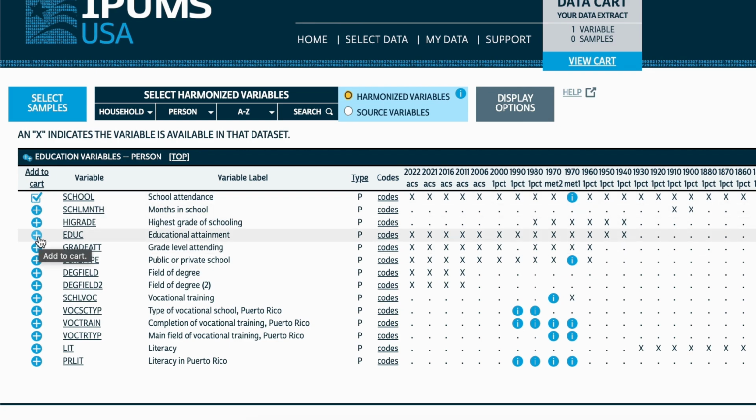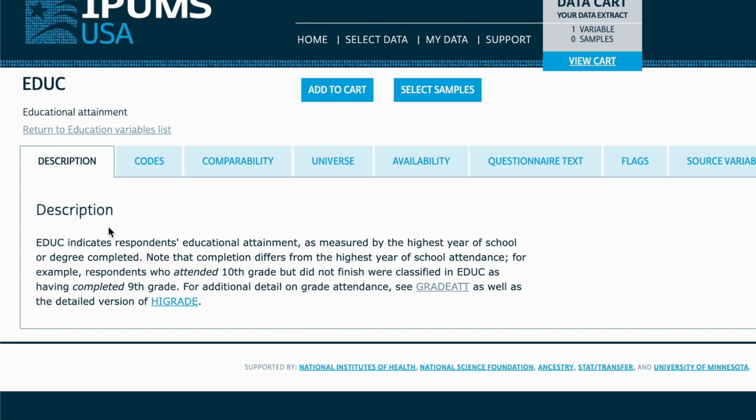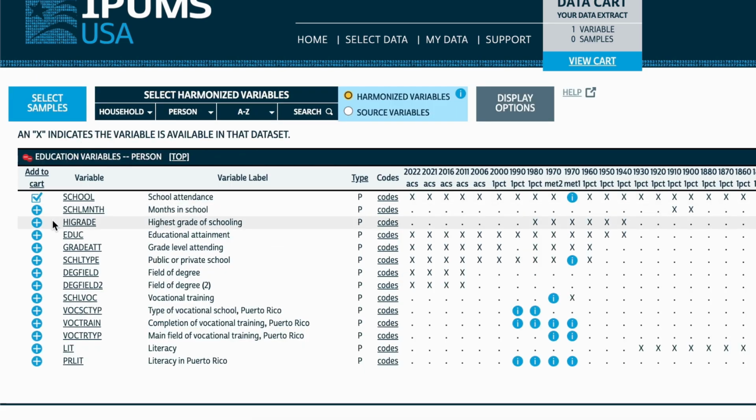And educational attainment looks like a good variable as well, but let's say I don't know what that means. Well, I can click on the variable name, and it'll bring up this second variable description page where I can learn more about it. This is what I want, so I'll click on Add to Cart, and then